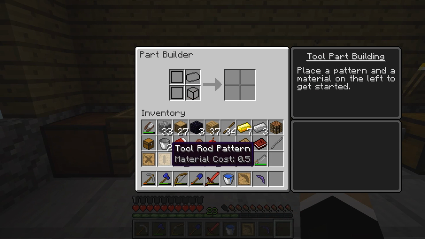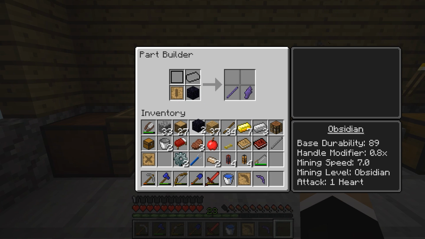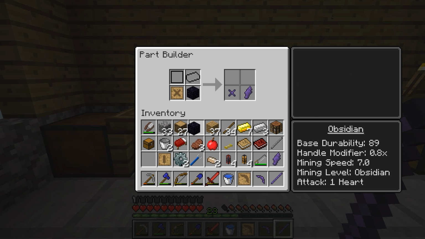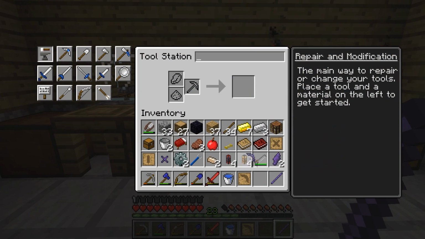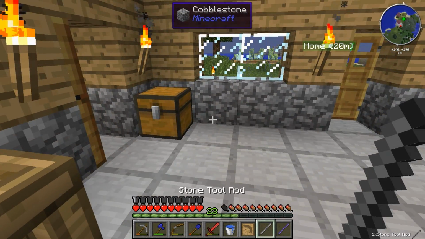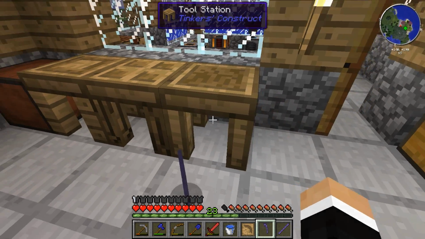So the next thing we're going to want now is obviously the tool rod and the tool binding. As we did with the pickaxe head, just put the pattern in alongside the material and then collect your goodies. And now we're just going to want the tool binding as well. There we go. So now we've got our obsidian bindings as well. We've got some of these obsidian shards. Now what you want to do is head over to this tool station and then fill in the pattern. So, oh, I didn't mean to chuck that. Let's get rid of that. There we go. Oh, it keeps...